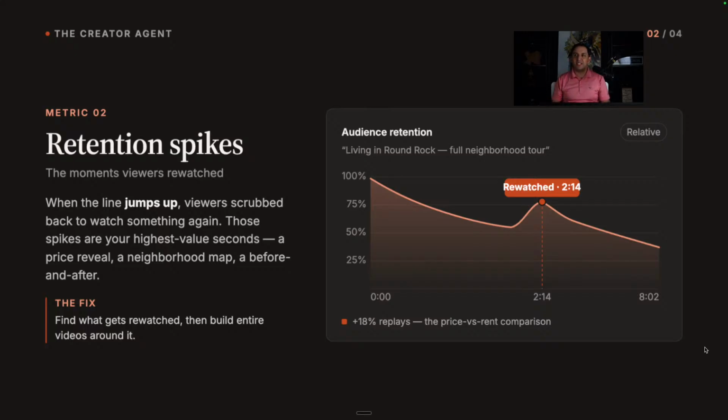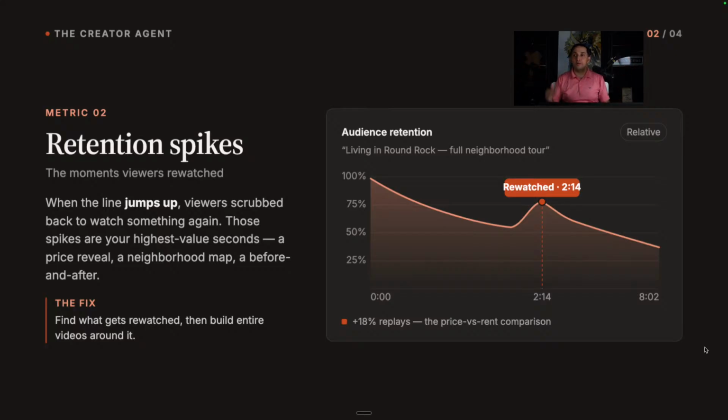So you'll often see that whenever you are showing something on screen, so B-roll, whenever you're showing a location via Google Maps, whenever you're showing numbers, whenever you're showing something that is visual or text on the screen that people are coming back to and reading over and over again, that's why you see these retention spikes that happen throughout your video. Doesn't mean that all of your videos should have that, but it is a strong indicator of what your audience is actually looking for. So find what gets rewatched and then build videos around that.